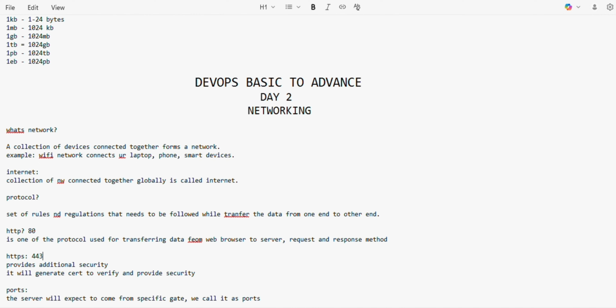Similarly, we have more protocols and we will see everything in later sessions. These are the main two protocols, that's why I am covering them today itself. Today we learned networking: what is a network, what is the internet, what is a protocol, HTTP and HTTPS. These are all the building blocks of networking, and in the next video we will go somewhat deeper.